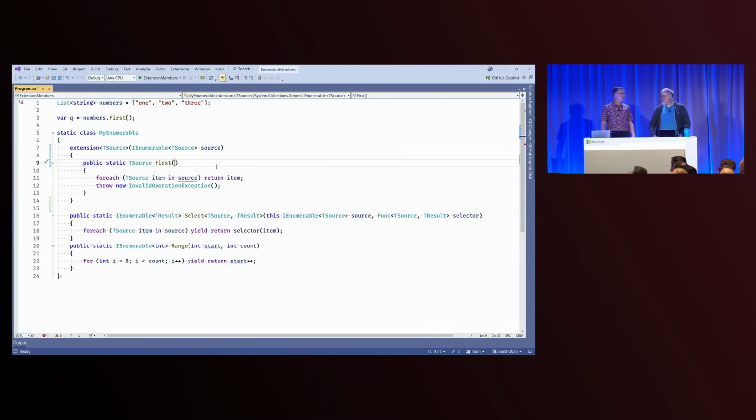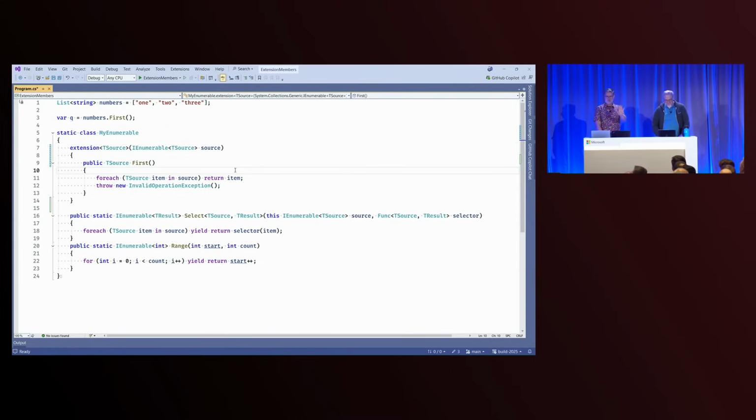It's getting pretty close to what it's pretending to be. But it's pretending to be an instance method, so we should remove the static as well. We'll take that off, and now it looks exactly as if you declared the member it's pretending to be. That is the actual member syntax you would have written if it was an instance method. We call this the reduced form of an extension method. This is the thing it reduces to, and then there's the regular form, which is calling it as a static method. And you can kind of squint now and see, oh, now I probably get how they can add other member kinds.